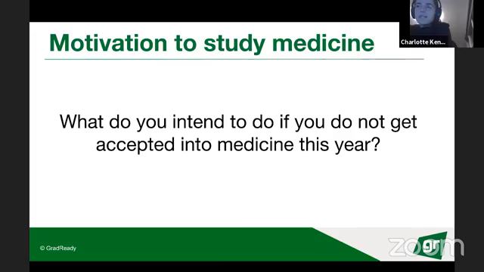And I think as well with this type of question, it's also normal to acknowledge the fact that it'd be disappointing and that you would be upset about it, because sometimes people swing too far the wrong way and then they're like, I would just take it in my stride and do XYZ. And 99% of people, if they get rejected from something that they want, are going to feel sad for a bit. And you can say that to them and just be like, yeah, I'd find it really difficult, but ultimately I'd find this other thing fulfilling, and hopefully I'd be able to come around and reapply and get to where I want to be.